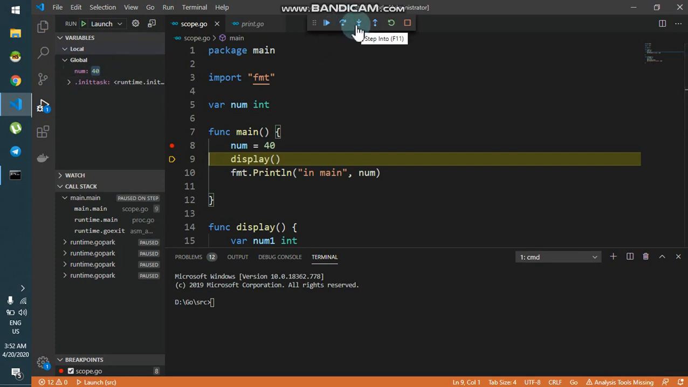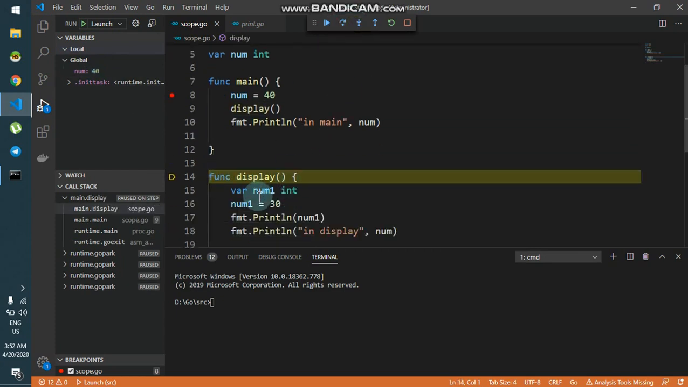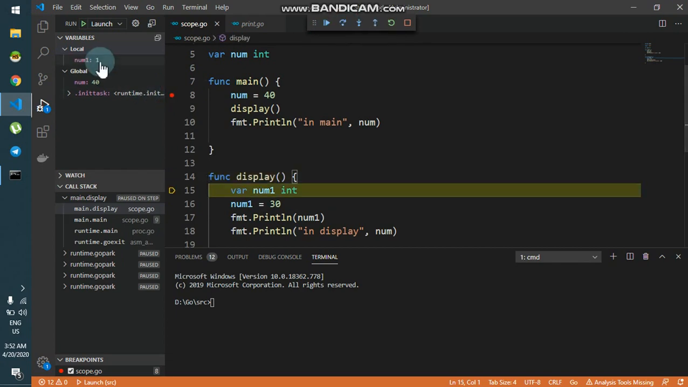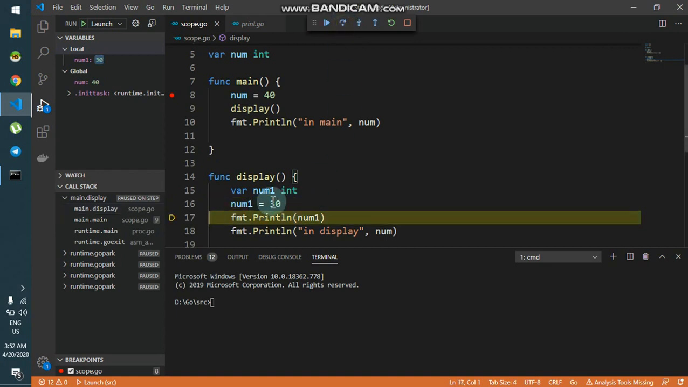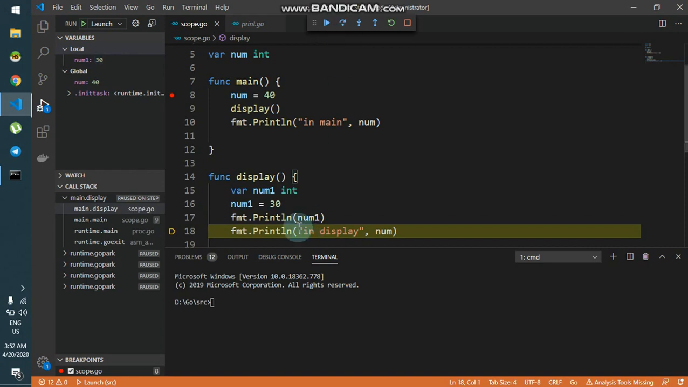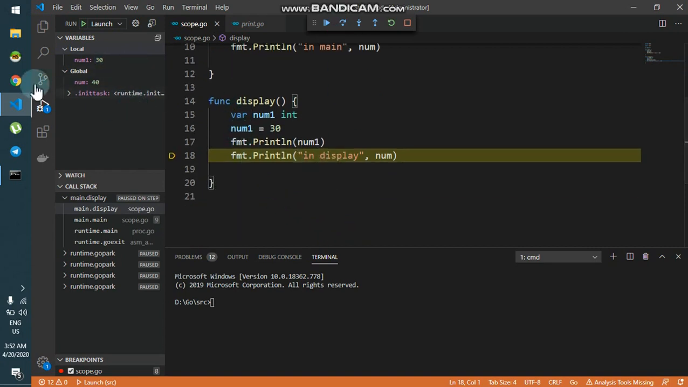So I'll simply do a step into now. So we have a local variable in func display. Let me just step over. See, we have the local variable num1. Now once it is declared, the value should be 0. So it is 0. Now we are initializing the value 30. Once we've pressed step over, this part will be executed. So this is executed. Now the value is 30, and then the print won't be displayed because we only have